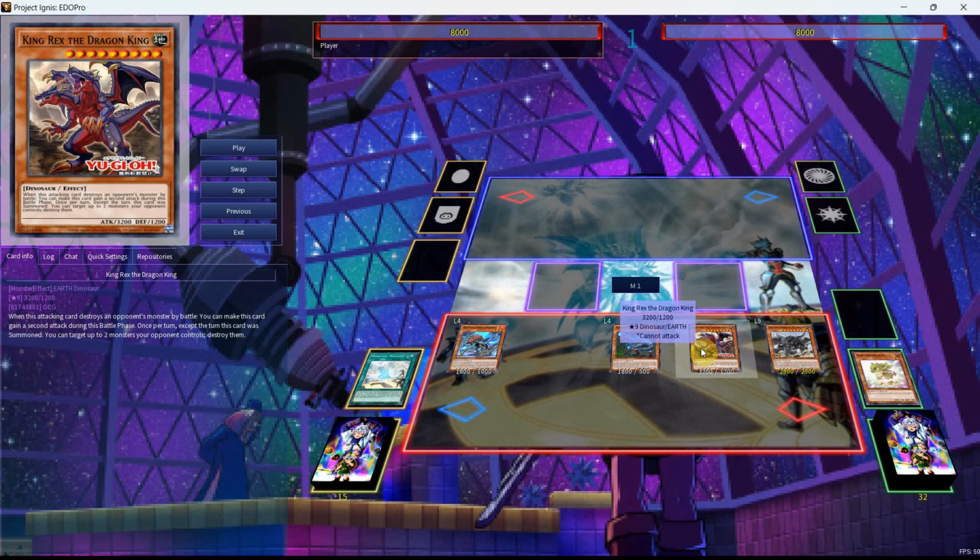Outside of that, I don't really see any reason to play this card, just because it does absolutely nothing for you in the hand. That said, there may be formats where the 3200 beat stick matters and stuff like that. It's also 1200 defense, which matters for another card that we have that I'll talk over a little bit later,